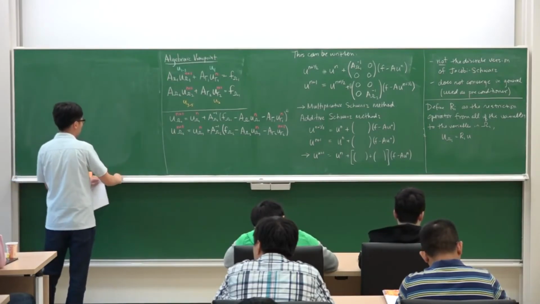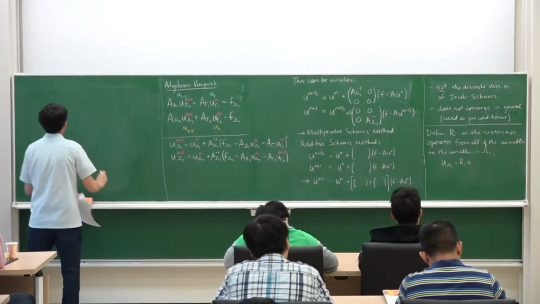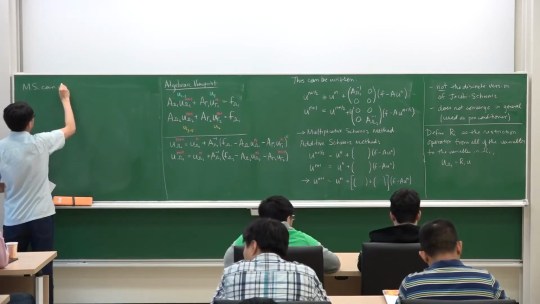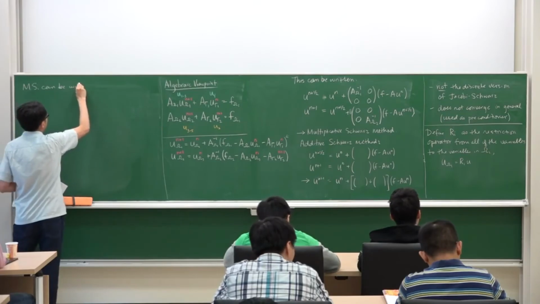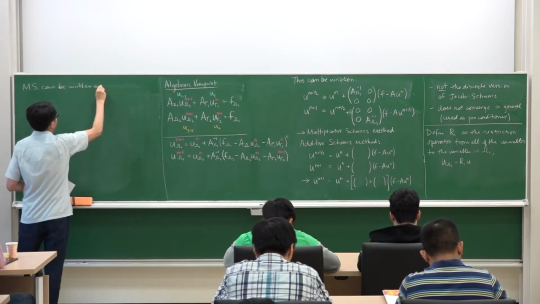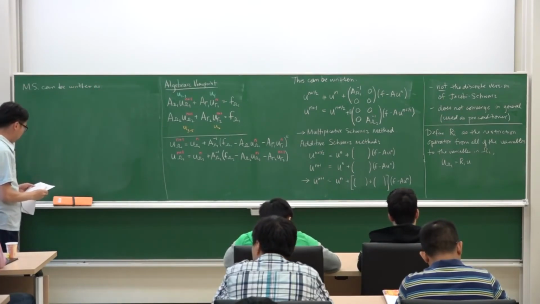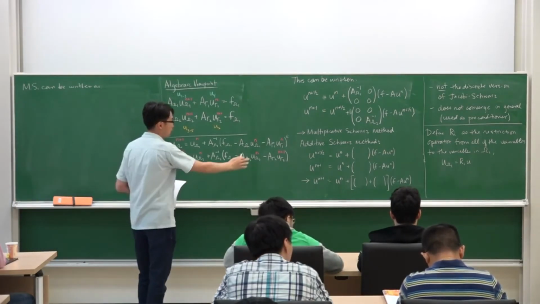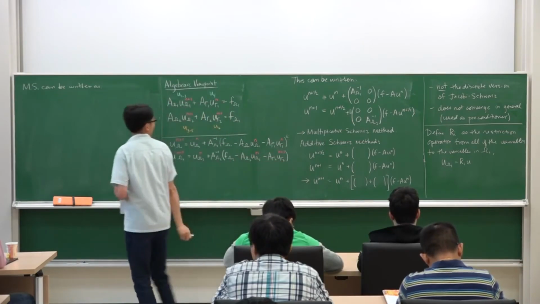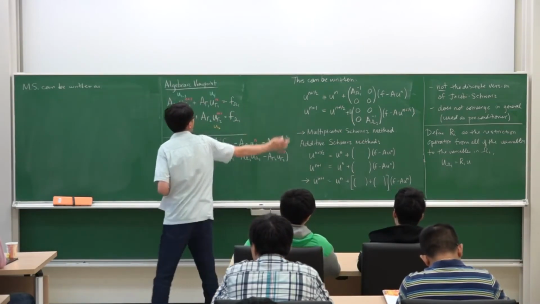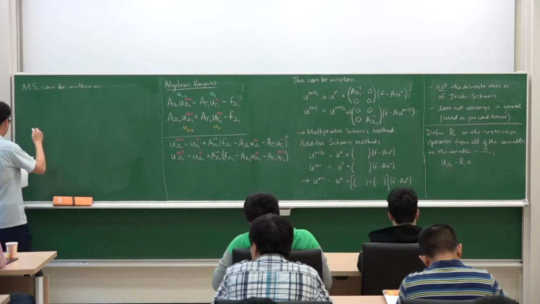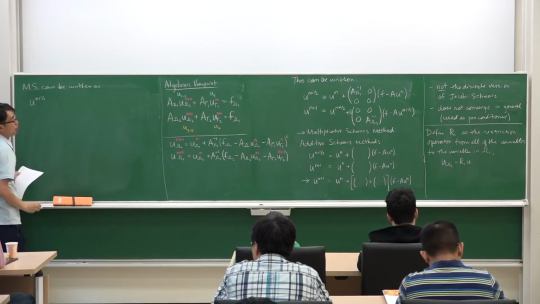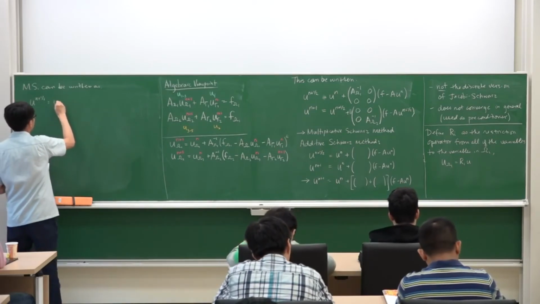If we use this notation, then multiplicative Schwarz can be written as, so I'm just going to write down these equations over here. So u^(n+1/2) equals u^n